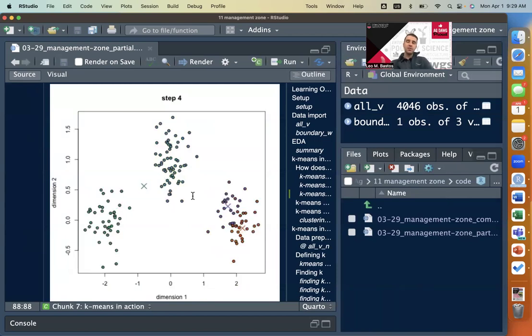First, it randomly chooses 3 observations in your data set, assigns them as the cluster centers, calculates distances from all points to them, assigns a membership to the points, recalculates the center mean, and then keeps doing that until it converges. So you can see, this is just in a loop, right? The X's start right there, and then they start moving until they don't move anymore, and then K-means ends